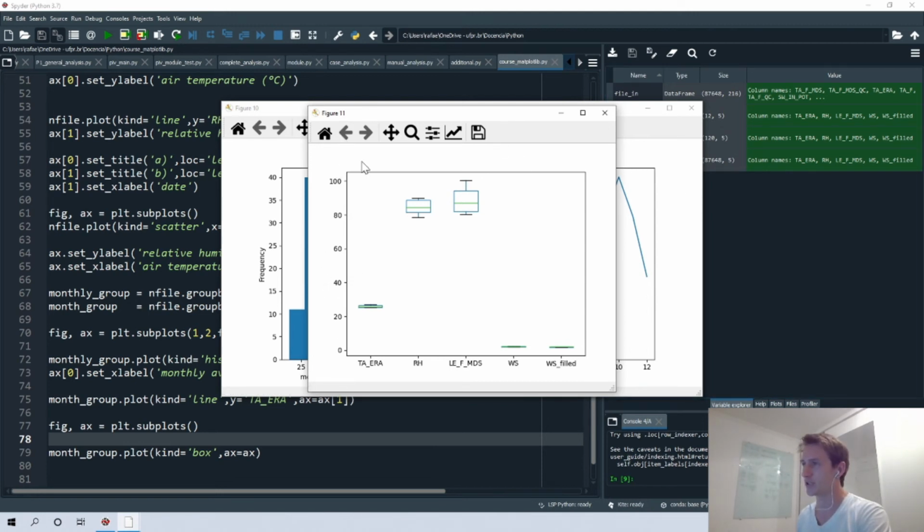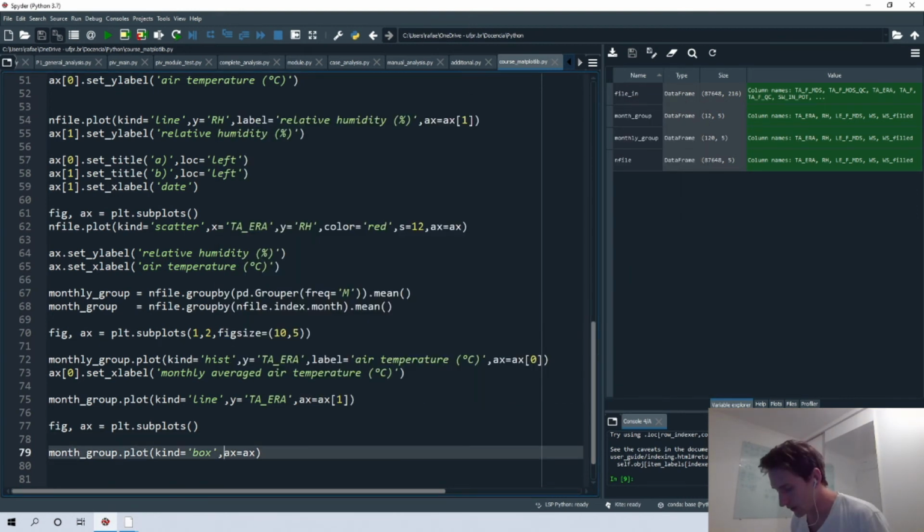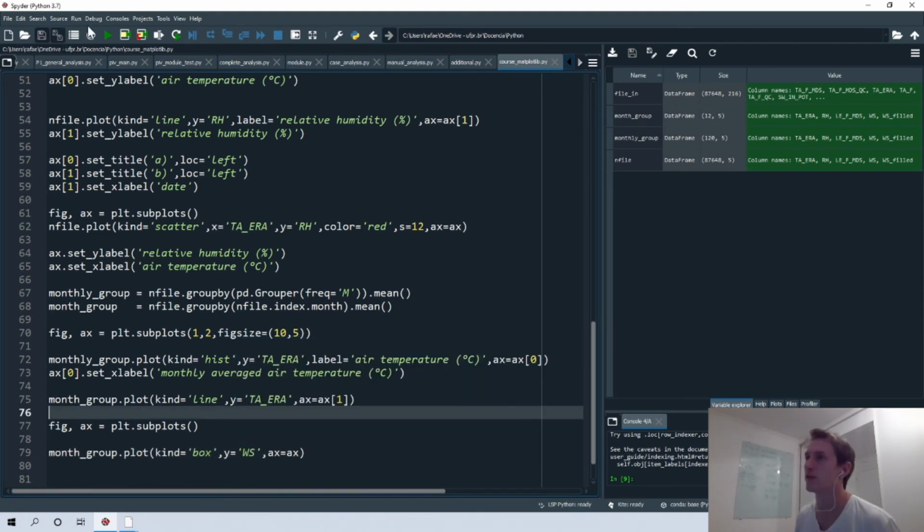The value is shared, so the variation goes from 0 to 100 because we have values related to wind speed and also to relative humidity that are much higher than the wind speed, right? So we can also specify which variable we want to plot. For example, if you want to plot just the wind speed, we put that variable here, and then we have the plot. So we plot only the wind speed.